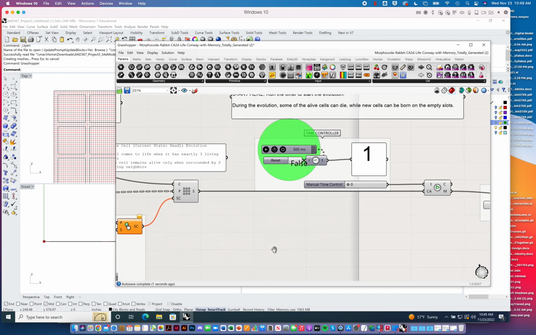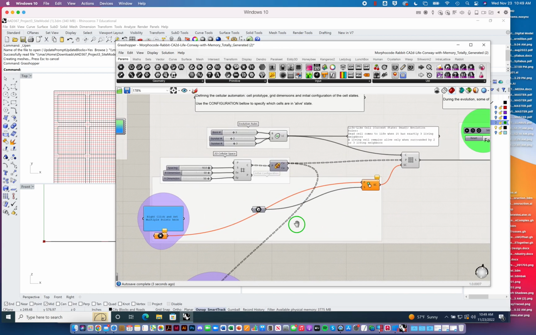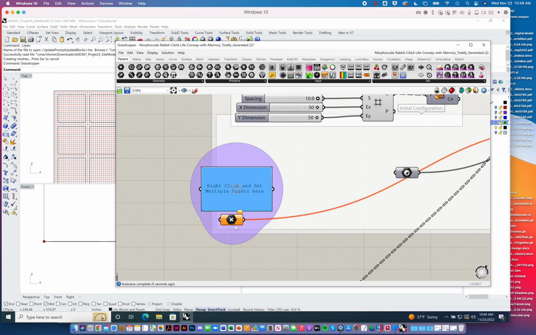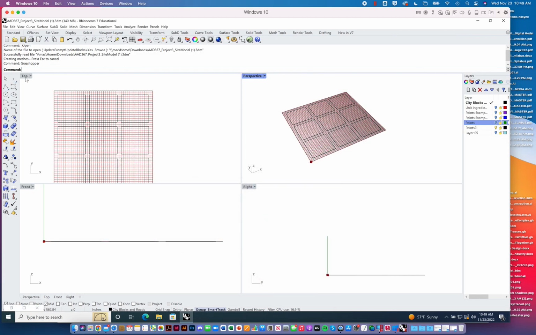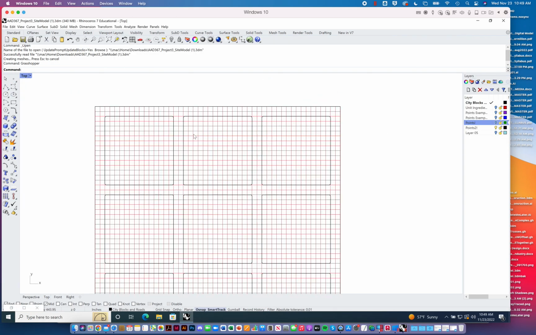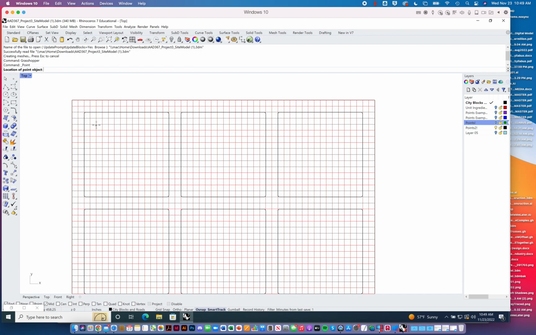Take this down to generation 0. It needs some points. All right, let's draw some points in Rhino again. Copy. Click, click, click, click. Just doing this sort of